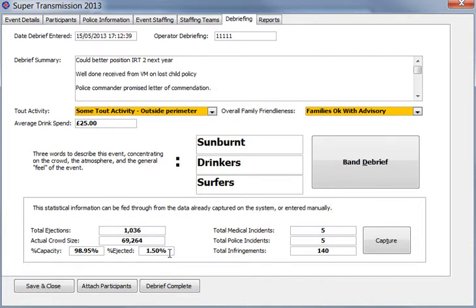In this case, when we're talking bands, an infringement will mean a crowd surfer. When we're talking football and rugby, an infringement would be a pitch invasion. So just to bear in mind, although we say infringements, we really mean crowd surfers, pitch invaders. Basically anyone interfering with the area of play, anyone trying to get into that area that they shouldn't be in.